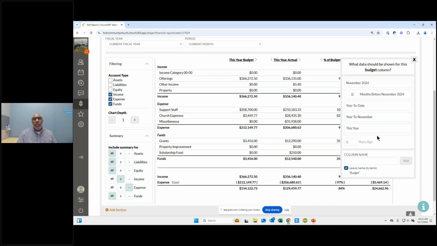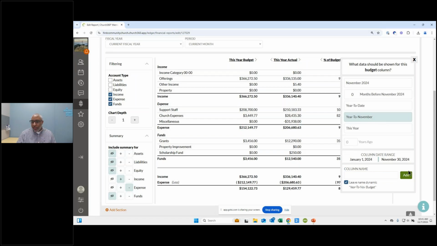So it's saying current month, November. And then this year is running the whole year. So whenever I run this report, if I have year to date, it's running to today. And if I run this year, it's running through the end of this year. So if I have a situation where I'm looking for October, I'm going to make sure to select month options so that I'm not including transactions from November. So I'm going to say year to November.